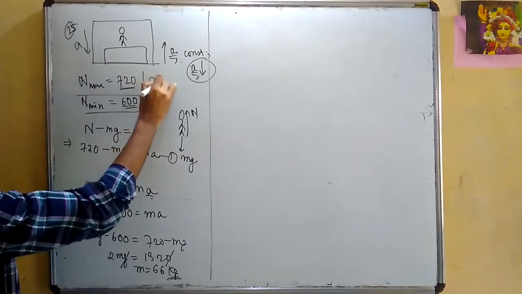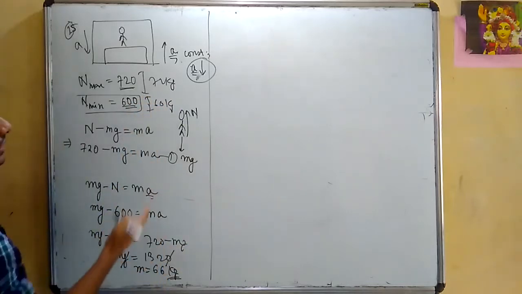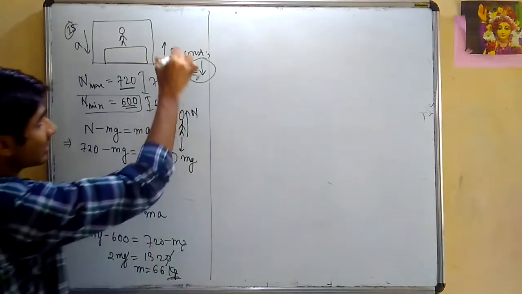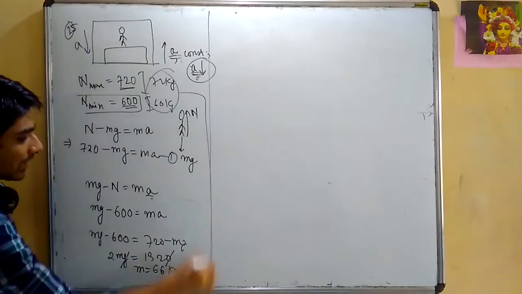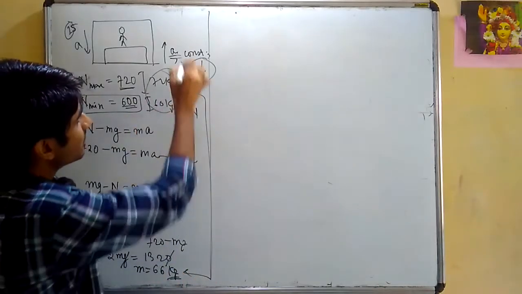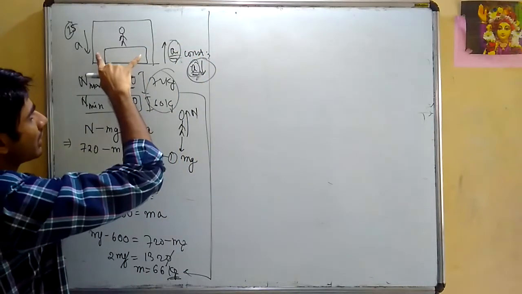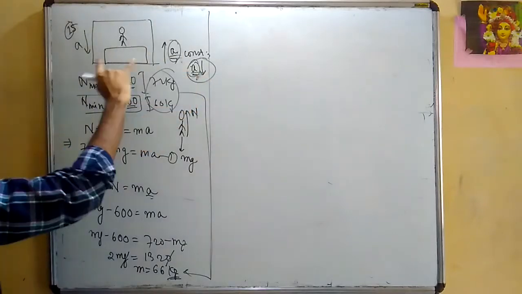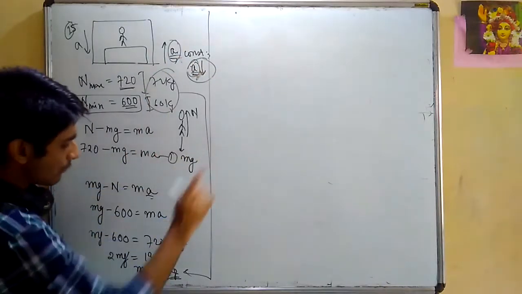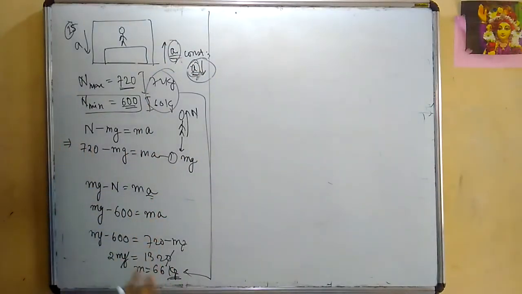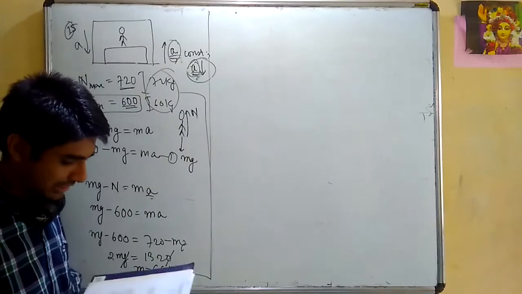Earlier it was measuring 72 kg. This was the maximum reading and the minimum reading was 60 kg. Don't try to take the average. Here the average is coming because the accelerations are the same in magnitude. Don't try to take the average of these two and be happy that you have got the answer. You might be getting the answer by taking the average because both cases are going up only: when the lift is accelerating upward, and in the second case, when the lift is retarding. Because these magnitudes are the same, we have got the average. If these accelerations would have been different, we would have got a different weight. I hope you have understood this thing. Otherwise, you have to write the entire equations and solve. It's not the average. Please don't get confused with the answer.